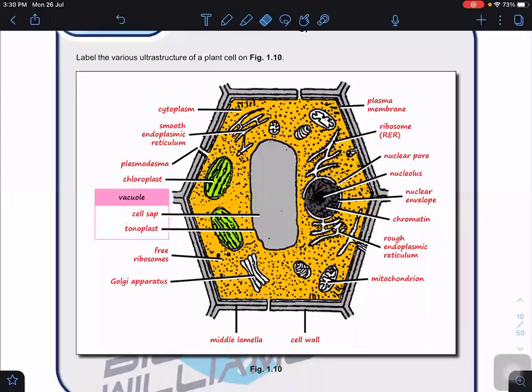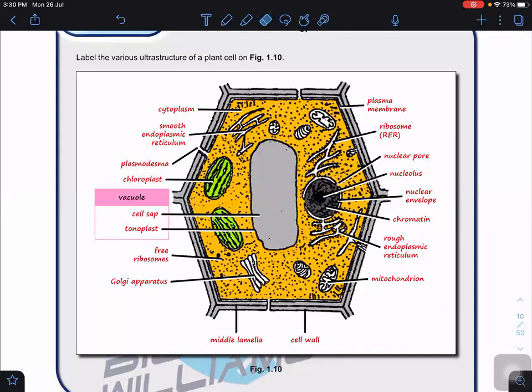Okay, there is a question asked here. For the ribosome attached to the RER, do we need to write RER in brackets next to it, or can we just write ribosome? Answer: you just need to write ribosome, that's enough. Full stop. You do not need to put a bracket RER. The structure is known as ribosome.